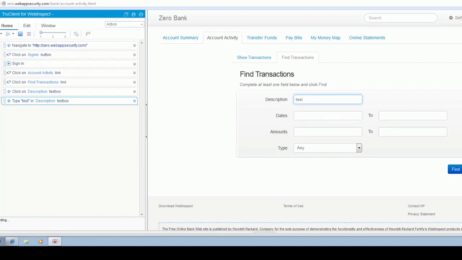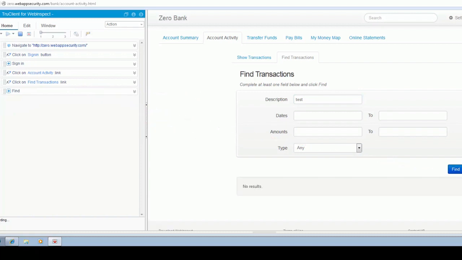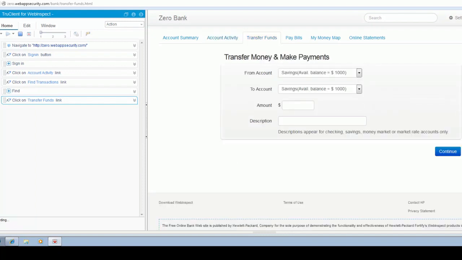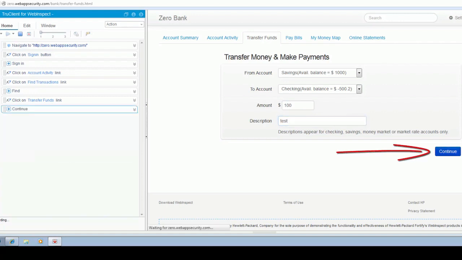Keep in mind that in this case we want to find other inputs. When we click here on find, it was recorded in the macro and is another source of potential vulnerabilities. Transfer funds. We say savings, change it to checkings. Let's say that 100, and the description is just test. We click on continue,